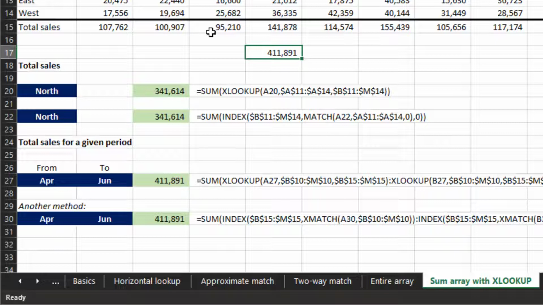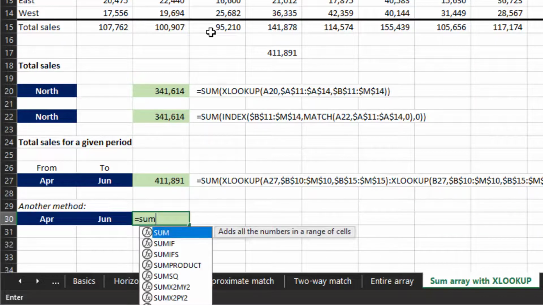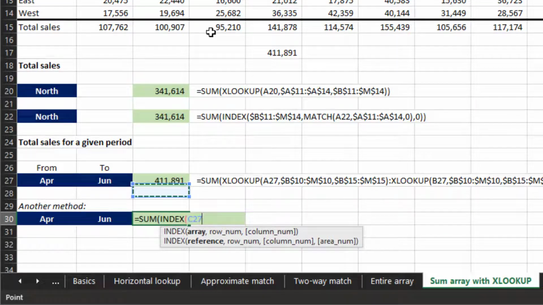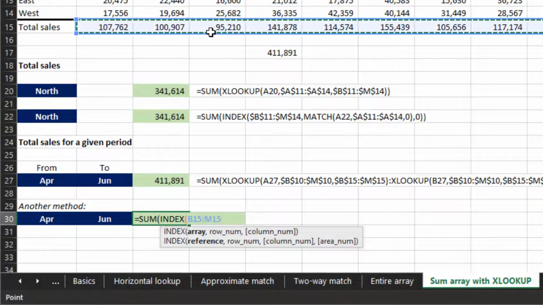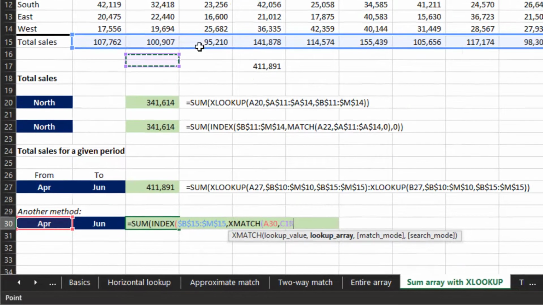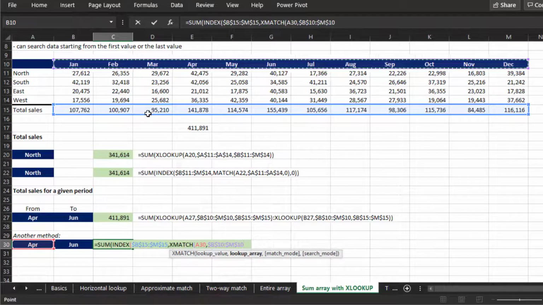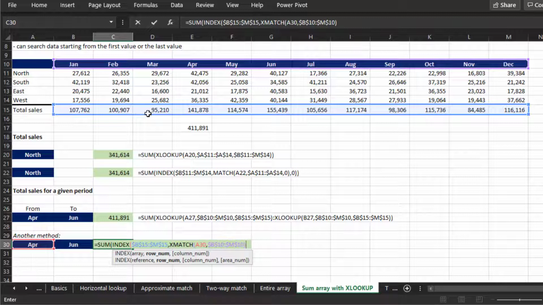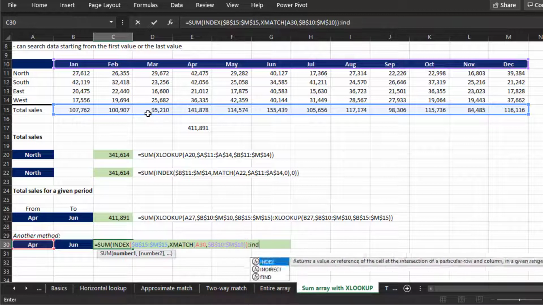Another method would be to get this through the INDEX formula. So let's see, for example, sum INDEX. If I specify this INDEX from here to here, since this is a single dimensional array, we don't need to specify both row and column, so we can just use XMATCH and get April, and then specify April from the headings, bracket close, and bracket close for INDEX, and then I'm going to put a colon sign, again INDEX,